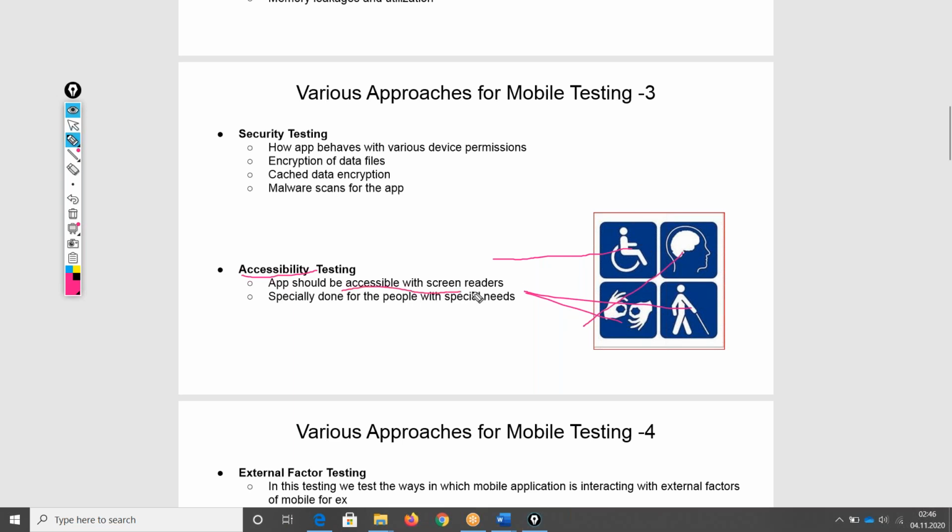And that's why we want our application to be read by screen readers, and that's why we are doing the accessibility testing. Now how this accessibility testing is being done, this is completely a different topic, and we have some tools, we have some libraries which are used for the accessibility testing. So I am not going to cover this accessibility testing completely in this course, but just giving you an idea what accessibility testing is. If someone is interested in how it is being done, I can share some documentation with him